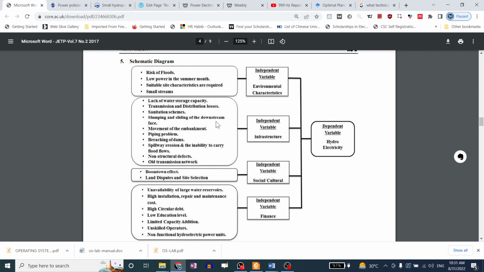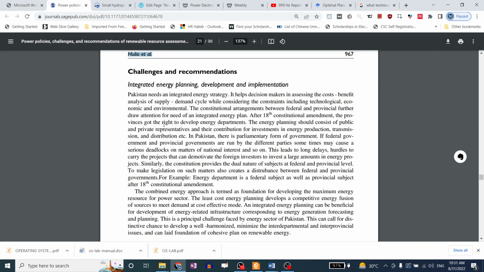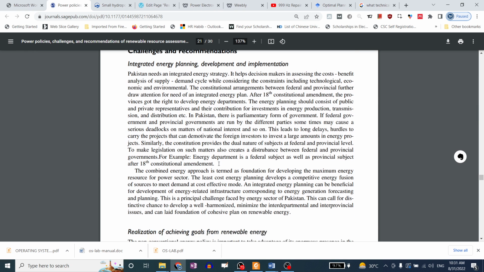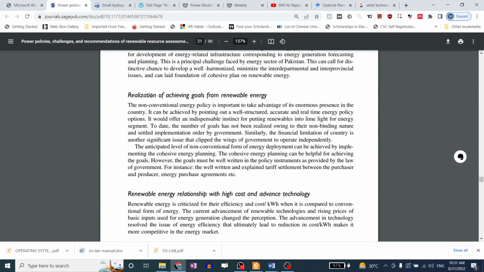So these are the different issues, and the challenges and recommendations about hydroelectricity are integrated energy planning, development, and implementation, where a combined energy approach is the main foundation for developing the maximum energy. So with hydro we need other renewable energy resources, and other means of achieving goals from renewable energy. So this is the second hot area, and the third one is renewable energy relations with high cost and